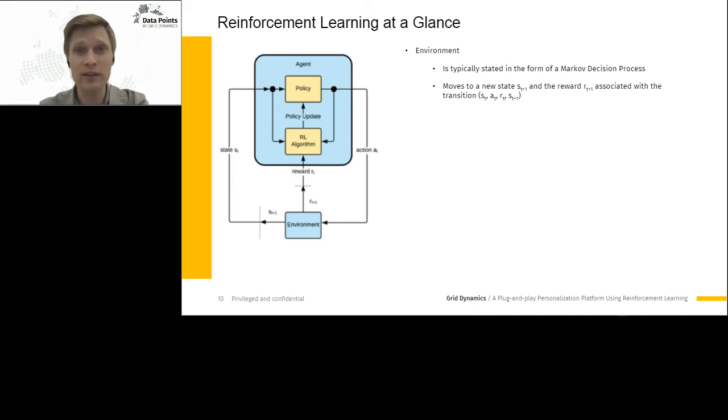The agent has a policy. A policy defines the learning agent's way of behaving at a given time. Roughly speaking, a policy is a mapping from perceived states of the environment to actions to be taken when in those states. The purpose or goal of the agent is formalized in terms of a special reward signal passing from the environment to the agent.